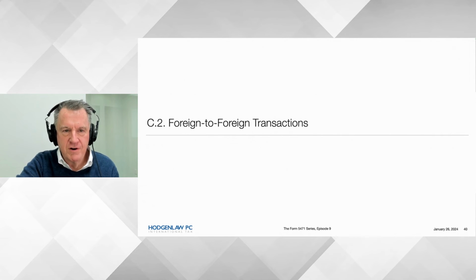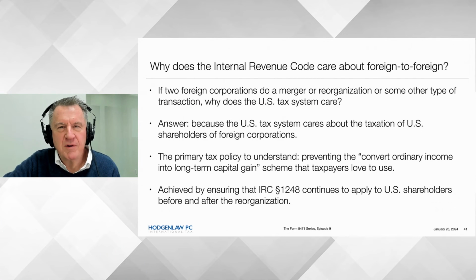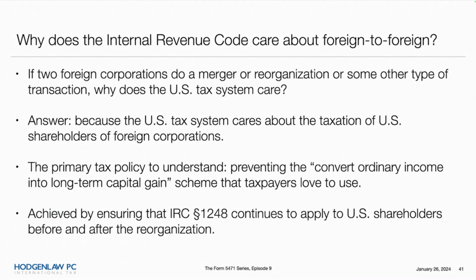Let's go to foreign transactions. So again, let's look at the sin. What is the government looking for here when you have a foreign transaction? Merger of 2 CFCs. Why does it even matter? Well, what matters to the government is not so much what happens as a matter of corporate law outside the United States or financial statements under whatever country's normal accounting principles, or indeed tax results under a foreign jurisdiction. What matters to the US government is the impact on the US shareholder.